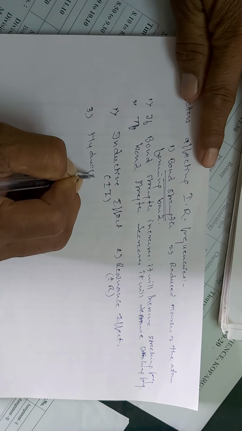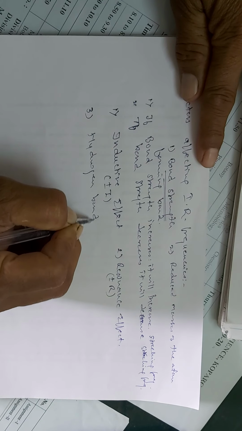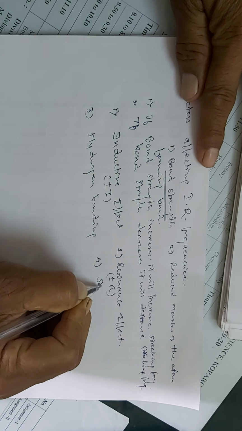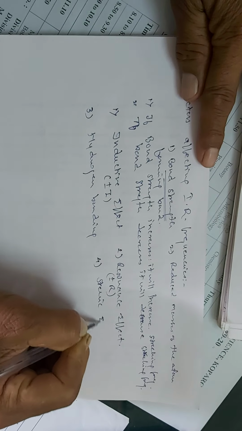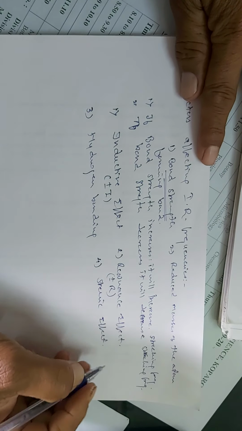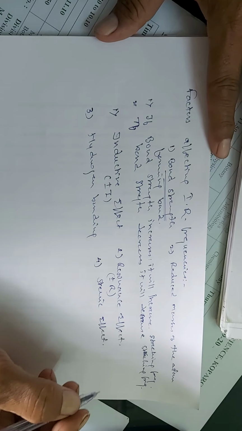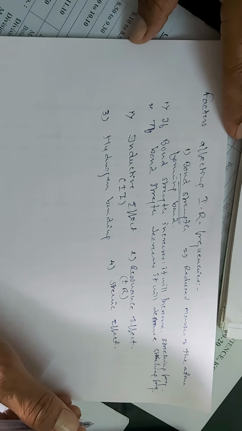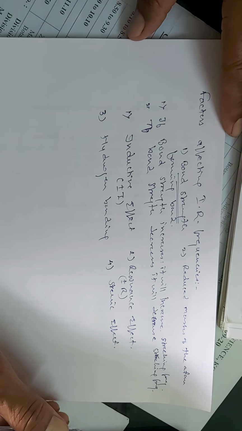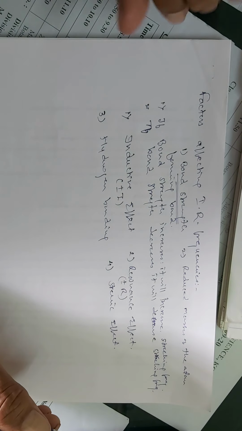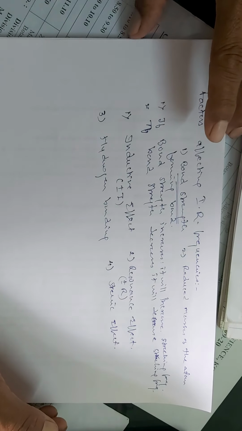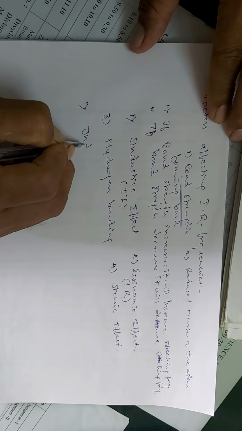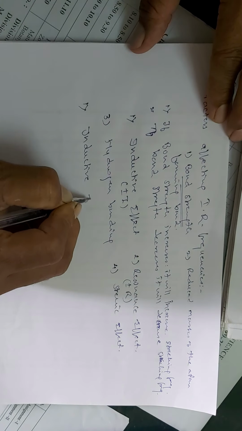So hydrogen bonding, whether intermolecular or intramolecular, is going to play an important role. And the fourth factor is the steric effect. So all these different factors are going to determine, or will affect, the absorption frequencies of the different bonds in the molecules. So how are we going to deal with this? The first factor is the inductive effect.